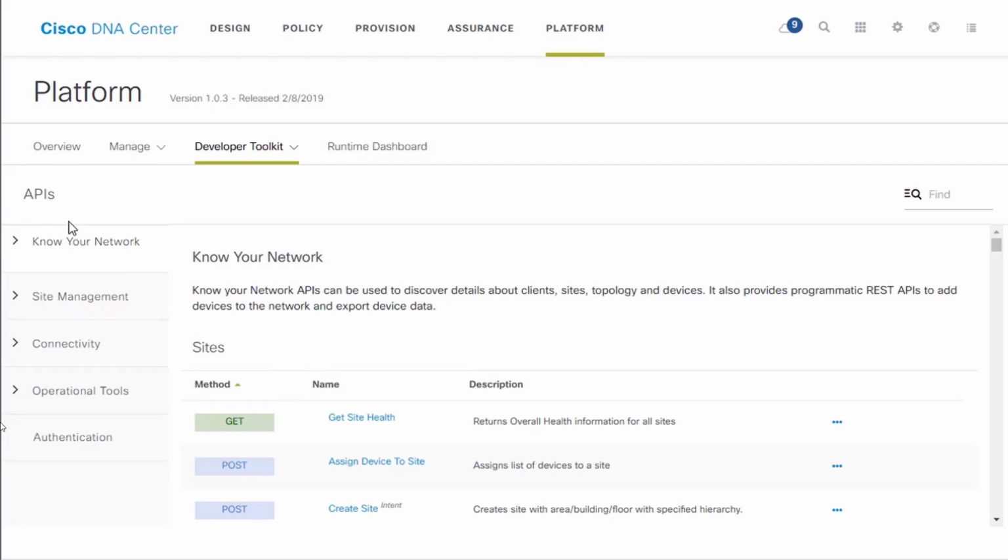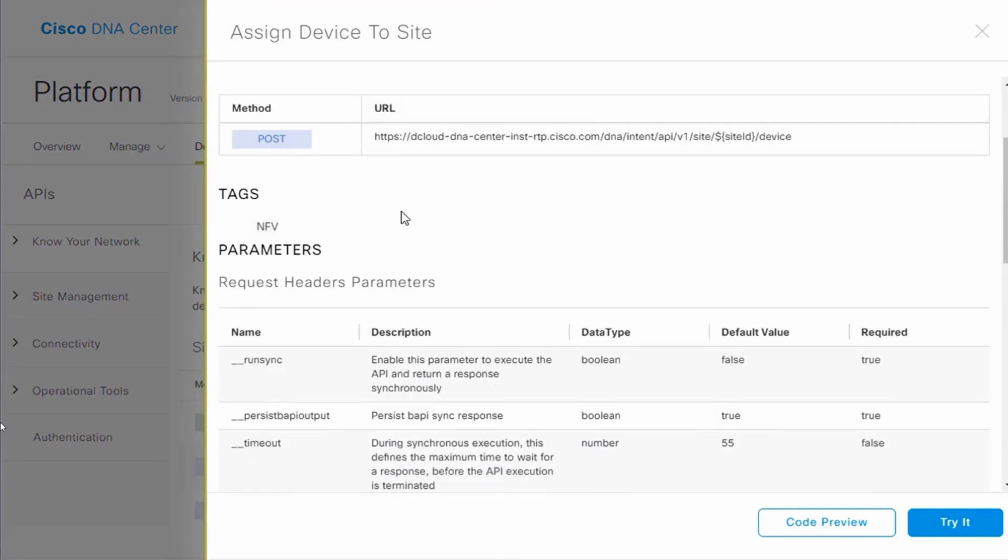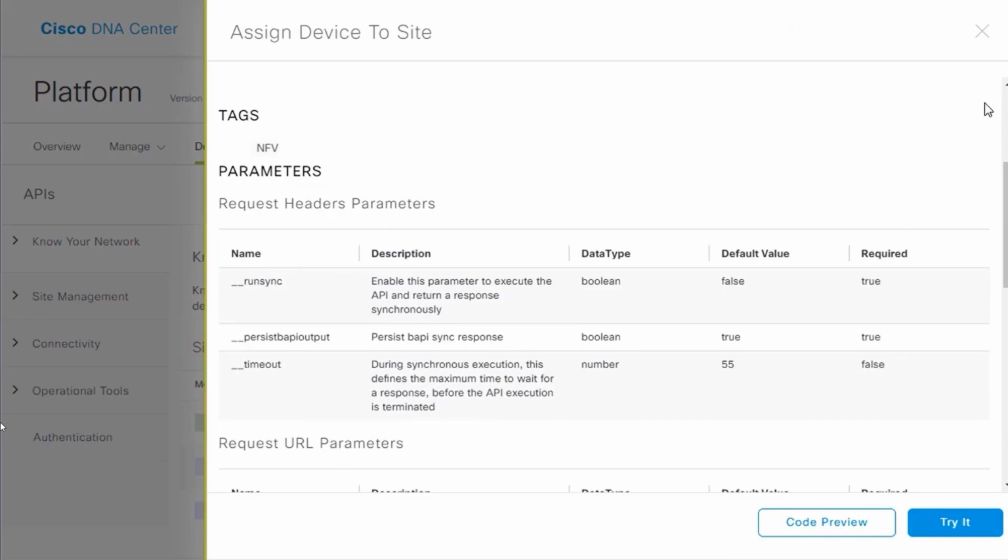For example, the categories, know your network. We have REST APIs for using GETs, where we can pull down information from the Cisco DNA Center regarding site health. We can post from our client device and specifically assign a brand new physical internetworking device we have in our hand. We can assign it to a site in Cisco DNA Center by using an API with post. If you don't know how to do it, you can just literally click it, and the DNA Center API catalog will walk you through how to do it. There's a code preview, a try it button. This is